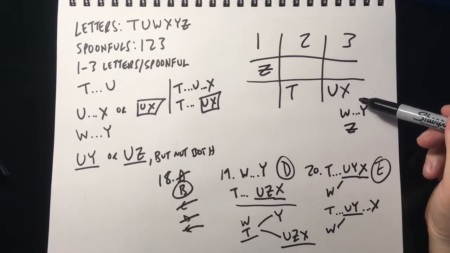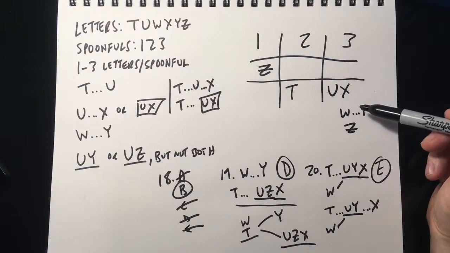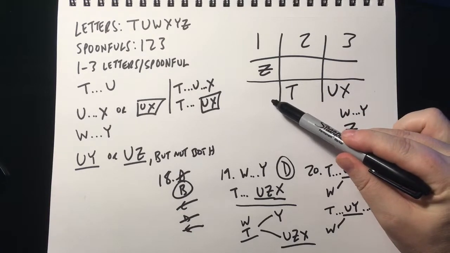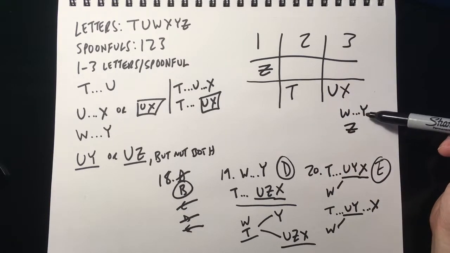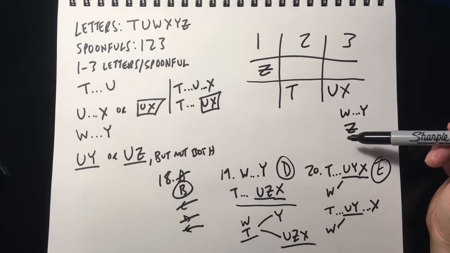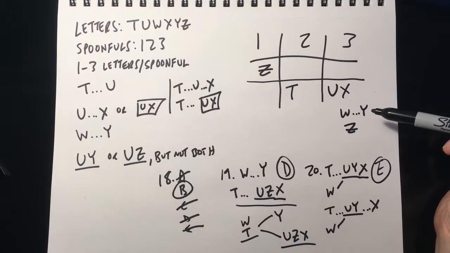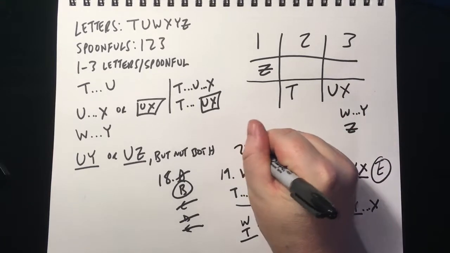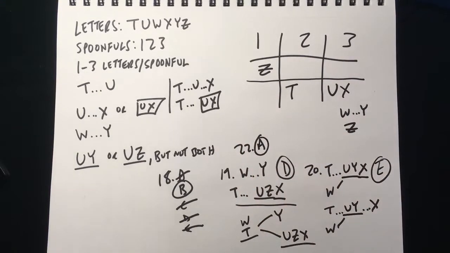And let's take a look at answer choice A. Exactly 2 letters are in the first spoonful. Sure, I could have W and Z together in the first spoonful. That would work just fine. And you're done. If you are not confident about 22, and 22, definitely A, you can take a look at